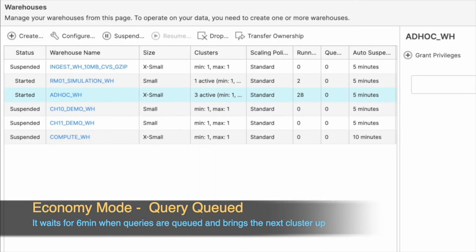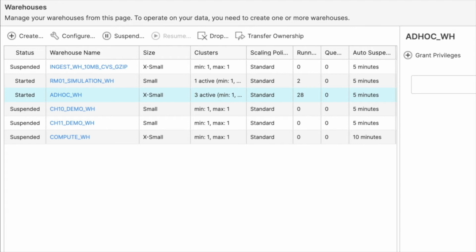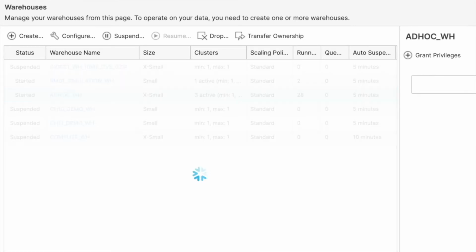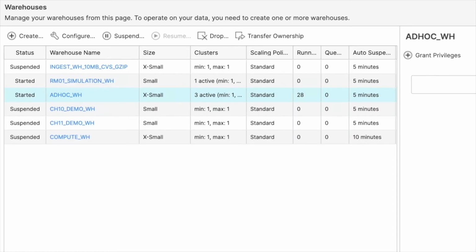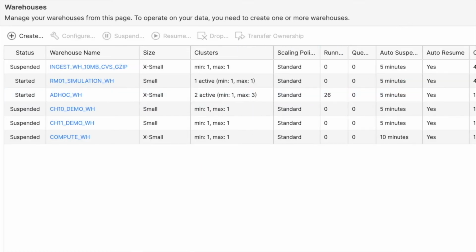Now, let me show you how the scale up and down works automatically via the warehouse screen. I am using a multi-cluster virtual warehouse with 3 clusters, and the size of each cluster is extra small. Right now all 3 clusters are up and running and serving a total of 28 queries. Nothing is in queue. Let me refresh a couple of times and let's see how it changes. Now you see the number of queries has gone down from 28 to 26 and further to 4, and Snowflake has brought down the active clusters automatically. And now it is working at 50% capacity of the total cluster size, which is 3 in our case.